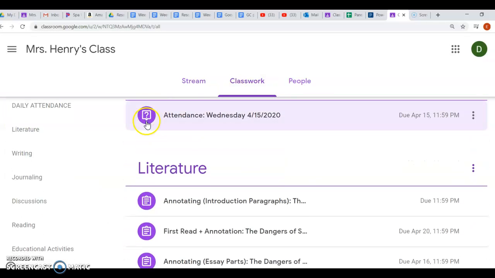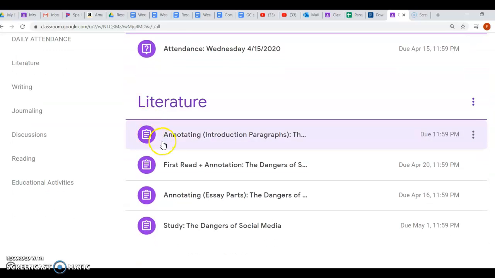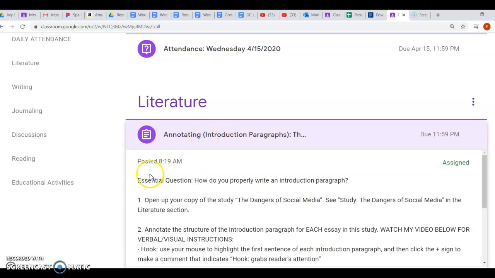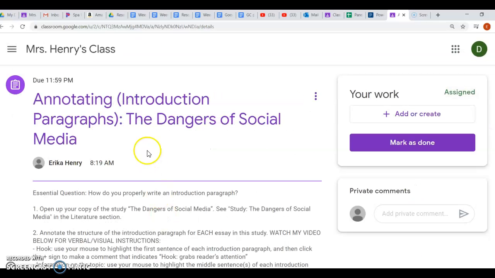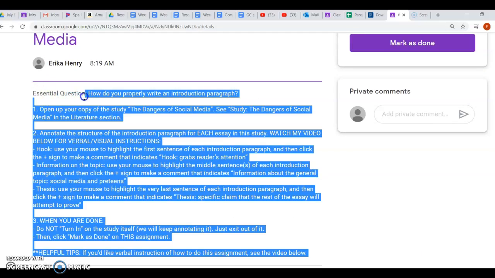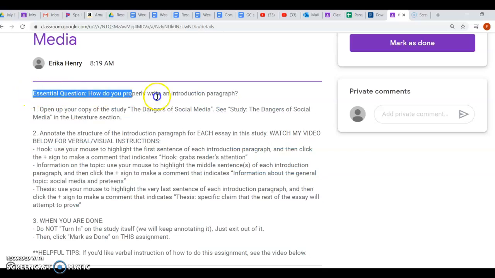And when you scroll to the literature section, you're going to see that you have the assignment annotating introduction paragraphs. Let's open that. I'm going to click on View Assignment. So here are your instructions. Our essential question is, how do you properly write an introduction paragraph? You just finished your Cornell's on introduction paragraphs, so hopefully you remember that it should be in HIT format. You hook your readers, you give information on the topic, or you introduce the topic, and the T is for